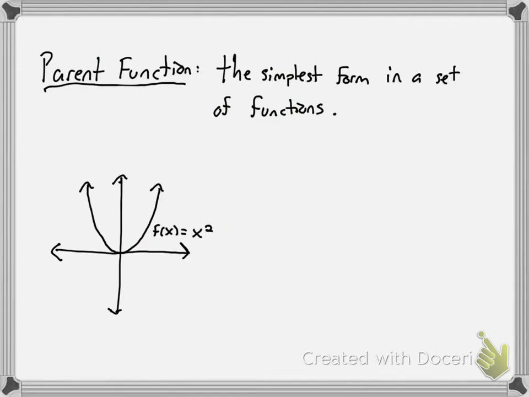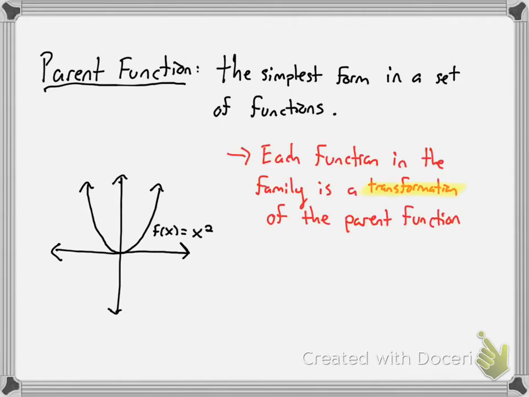As you can see here, I have f of x equals x squared. This is our parent function for quadratics. This is the simplest quadratic equation that you could have. Vertex is at the origin, most basic function you could have. Each function in a family, so in this case, the family of quadratics, is a transformation of that parent function. So for example, the equation f of x equals x squared minus 4 is that parent function shifted down 4